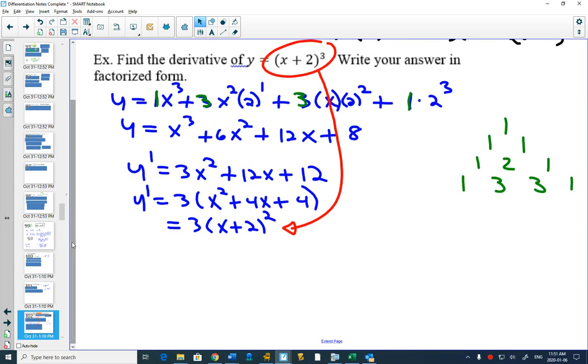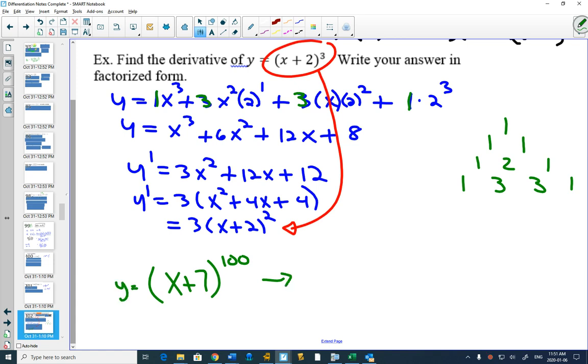So then you said, well, does that always work? And you tried another one, x plus 7 to the 100. And you did all that work and factored it and found out that if y was equal to this, then the derivative of that one happened to be that. And you're like, nice. Okay? But then you go back and say,